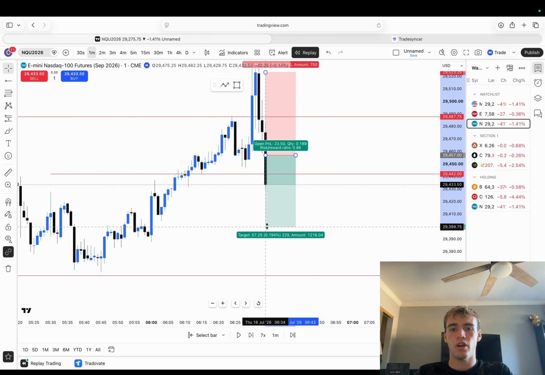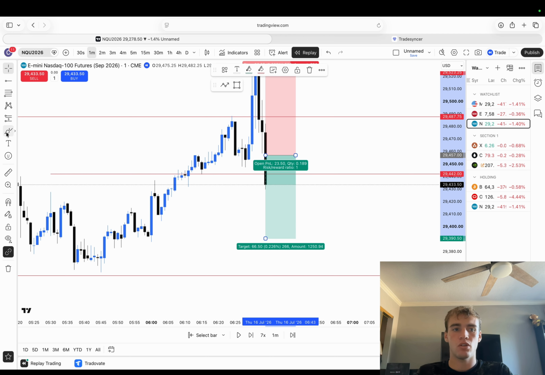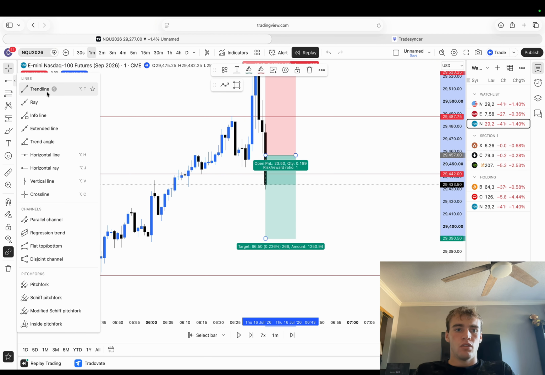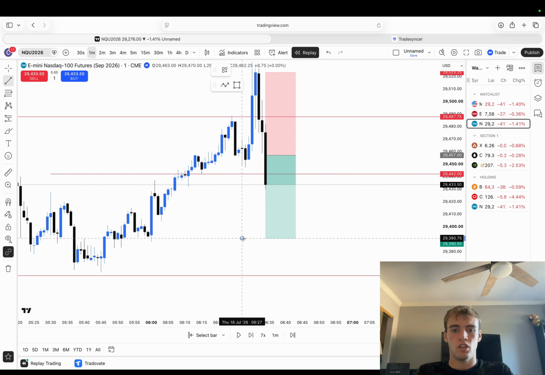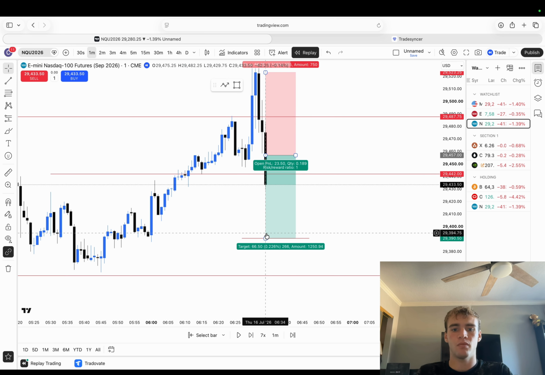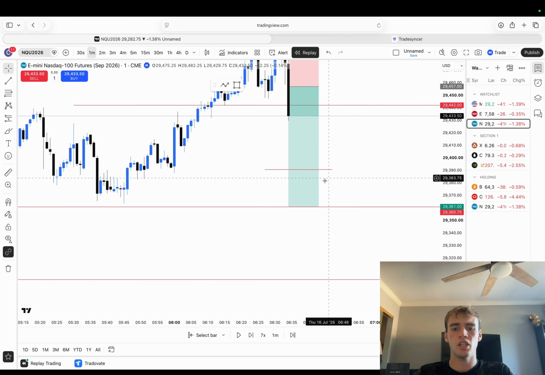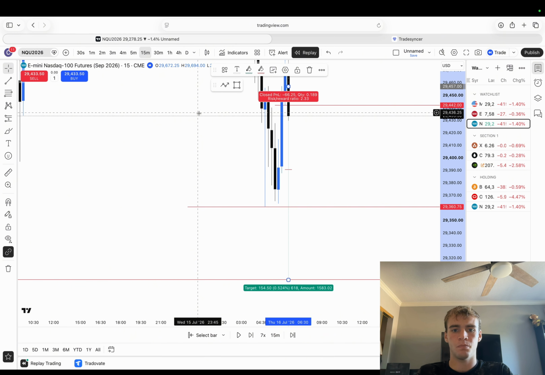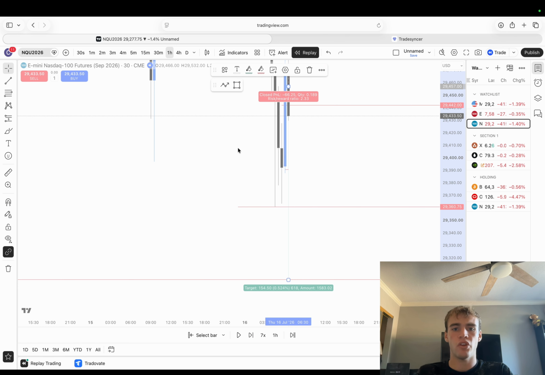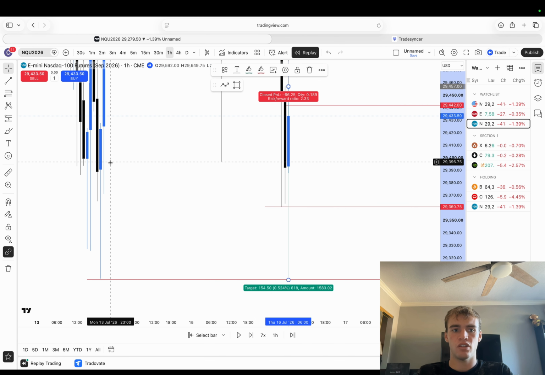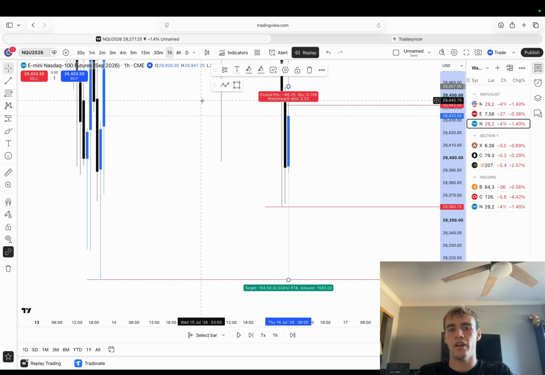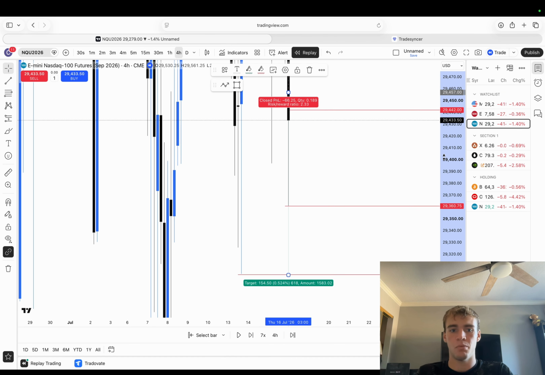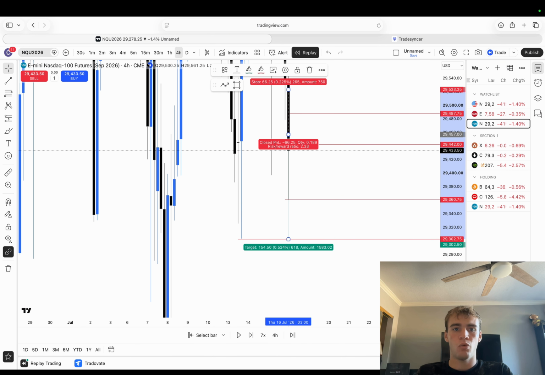I would have had TP1 at 1-to-1 in the 15-minute gap. TP1 right here. And then second TP is going to be all the way down here just because I thought this low was pretty irrelevant. If you look on the higher time frame, this low isn't really reacting off of, it's not an intermediate low. And I like to put my TPs at intermediate lows. All the way down here,